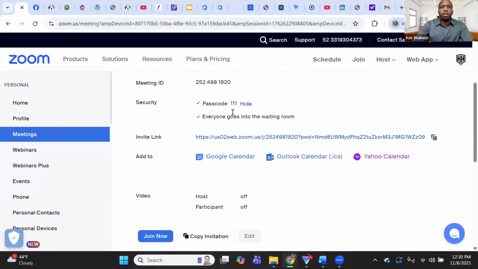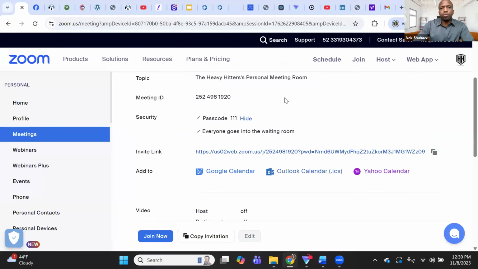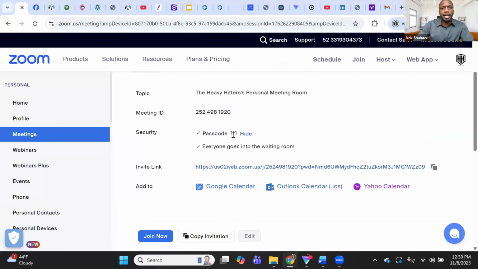So the one thing that I would change after you come in here and you set up your personal room is the passcode, because they're probably going to give you some type of weird passcode. They're going to give you a passcode with capital letters and lowercase letters and numbers and things like that. And it's going to make it hard for your guests to log into the Zoom. So what I did was I changed my passcode to 111. Yours could be 222 or 333, but I just changed it to make it very easy for people to log in, because if they're not using the caps and the lowercase and the right numbers, they're going to struggle to